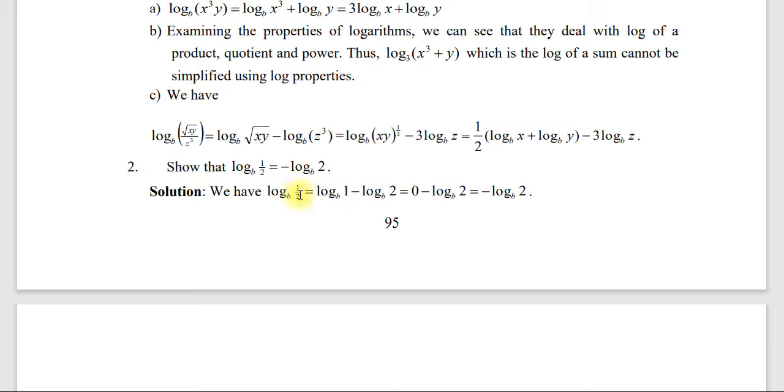ምን ማለት ነው? ወይም በማካፈል በኮሸንት መሄድ እንችላለን። በሁለት አይነት ሜተድ ነው የምንሄድ። አንደኛ በፓወር መሄድ እንችላለን to the power of -1 ብለን፣ ሁለተኛ ደግሞ በኮሸንት 1 over 2 ማካፈል ስለሆነ፣ ስለዚህ log 1 in base b minus log 2 in base b። log 1 in base b ማለት 0 ማለት ነው። ስለዚህ 0 ሲቀነስ ይሄ ቫልዩ ራሱ ይሄ ይቀራል። ስለዚህ ማን ቀረ? log 2 in base b መጣልን ማለት ነው።